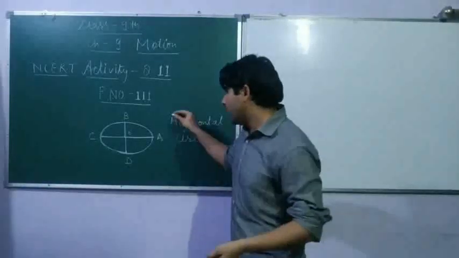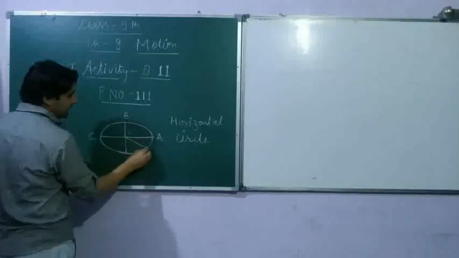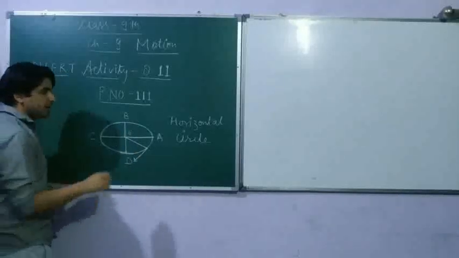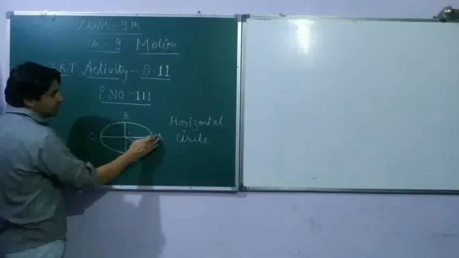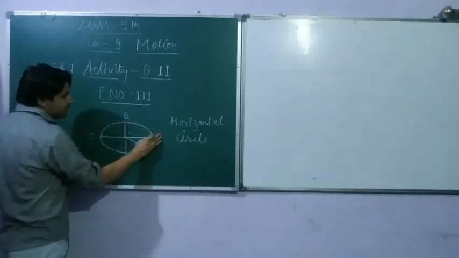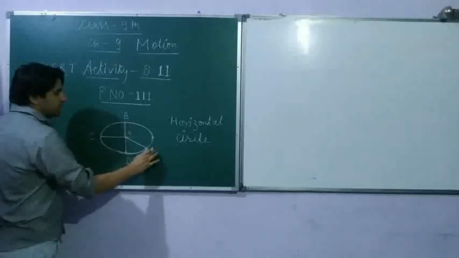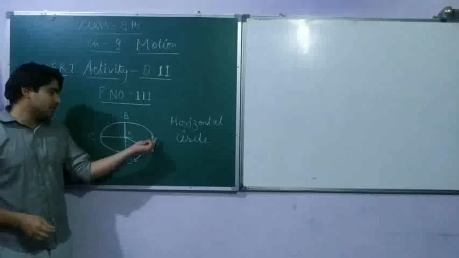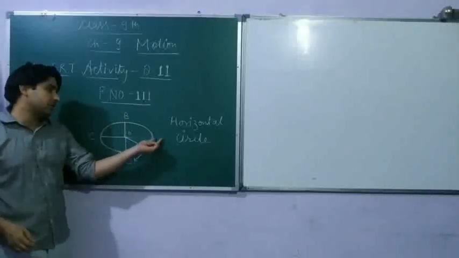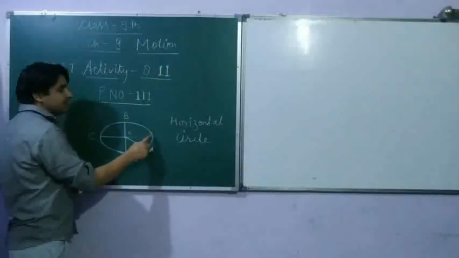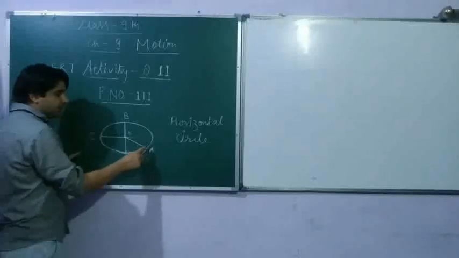So I am writing down the conclusion. When it was released at some point here, then it went like this, in this direction. Instead of taking this position as A, I may take my position A here. No problem, because we may consider this point to be A as well. When we are releasing our object, it is not necessary that it will be released at this point only. It may be released at this point.